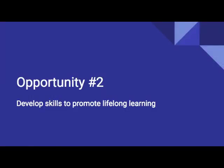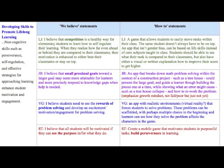This is the app that Team 1 came up with to support opportunity number 2, to develop skills to promote lifelong learning. So once again, we compiled our I believe statements to determine what we believe, and the two in the middle were the most similar, which were to provide small proximal goals towards a larger goal, and to reward problem solving. So combining those, we would provide small problem solving goals and reward those towards a bigger